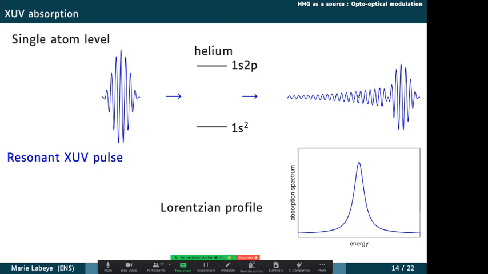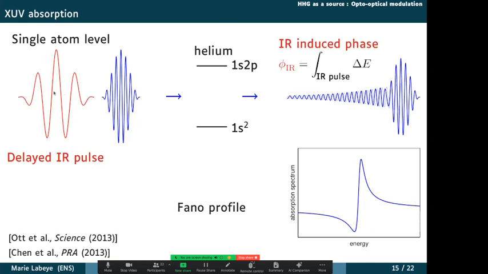It has an exponentially decaying tail. And if I look at the Fourier transform of this tail, it's a Lorentzian profile, like any kind of absorption. And the phase of this tail is opposite compared to the incoming phase of the light, because it's absorption. It's like emission, but with a pi phase. And now what we can play with is an IR delayed: if I send an IR that is not too strong, but strong enough that it shifts the levels a little bit through the AC Stark shift, it will change a little bit the phase of this tail. And so now it won't have a pi phase with respect to the incoming light.